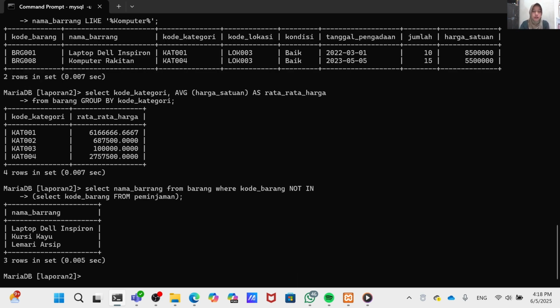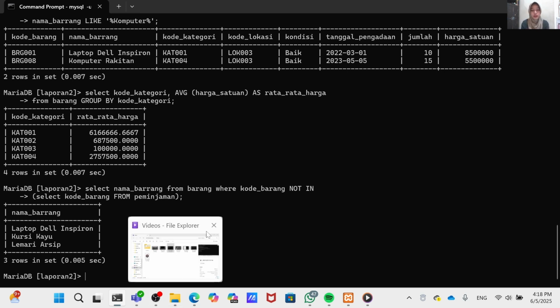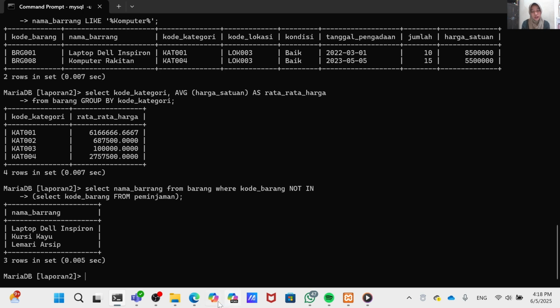Okay, this query uses a subquery to retrieve the kode barang values that have been borrowed, i.e. present in the peminjaman table, and then the outer query selects items from the barang table whose kode barang is not in the list of borrowed items, meaning those that have never been borrowed.